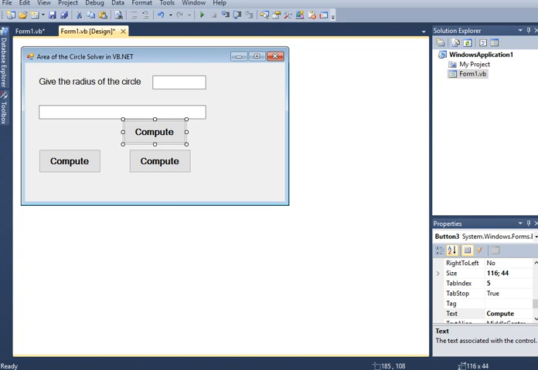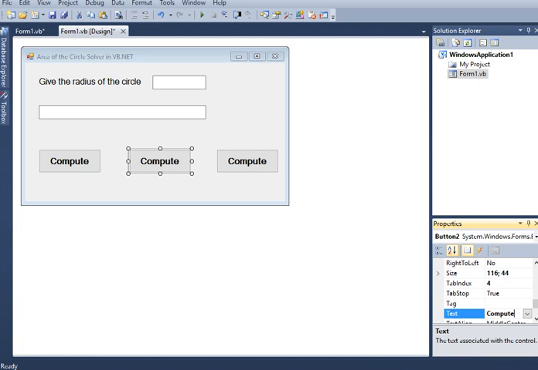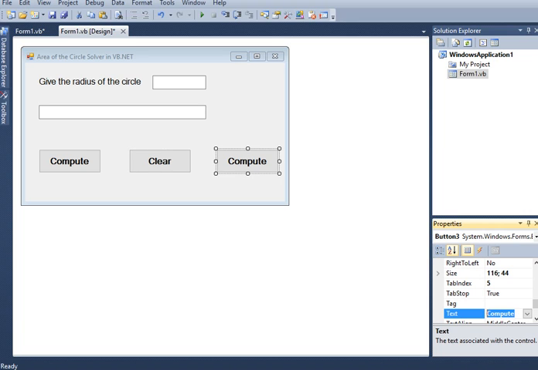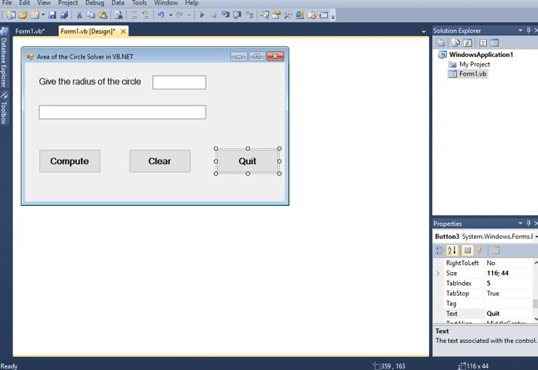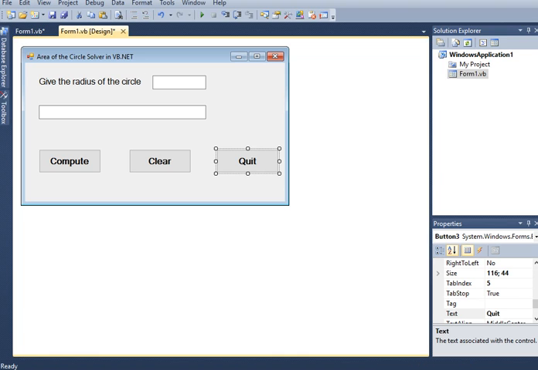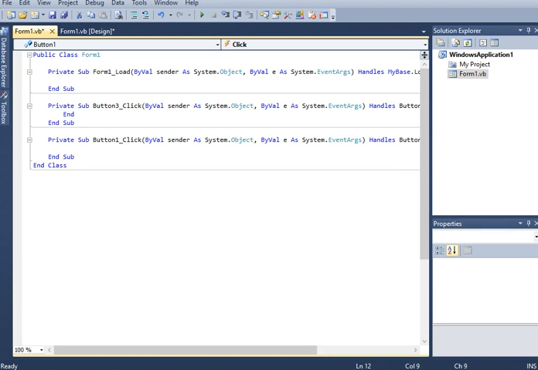We will copy this button twice. In this one we will change the text to Clear, to clear the text box, and the third button we will name Quit, to quit our program. In the Quit button we can simply put the command End to end the program execution, and then for the Compute